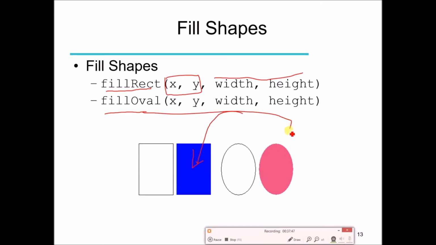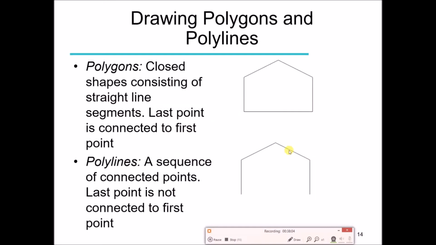So similarly you can see that we have fillOval, which is going to draw the oval which is filled. Of course we can change the color. Whatever the current color is, the objects are going to be drawn and filled with the current color. So we can change the color anytime by using certain methods.